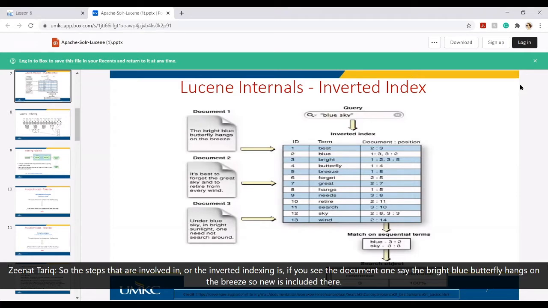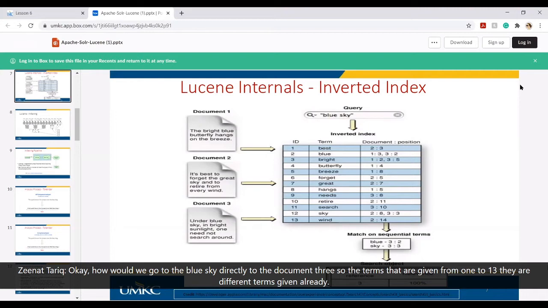The steps involved in inverted indexing: in document 1, the bright blue butterfly hangs on the breeze, so blue is included there. Similarly, the word sky is included in document 2, and blue sky is included in document 3. So how would we go directly to blue sky in document 3?